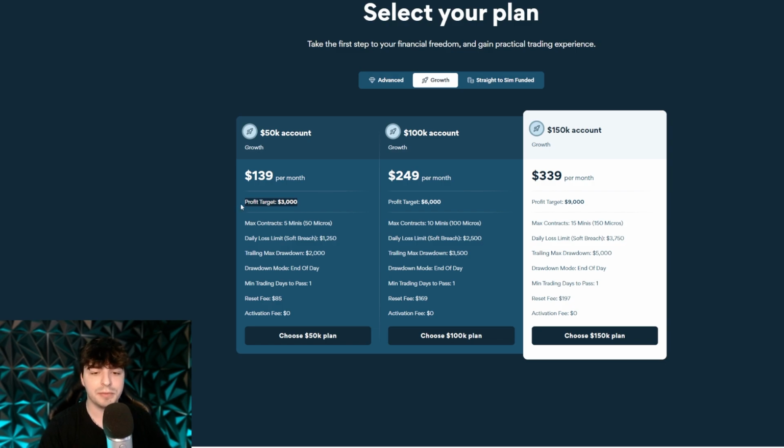Your profit target is going to be $3,000. Your max contract size is going to be 5 minis or 50 micros. Your daily loss limit is going to be $1,250. So this is something different from Apex Trader. You now have a soft breach